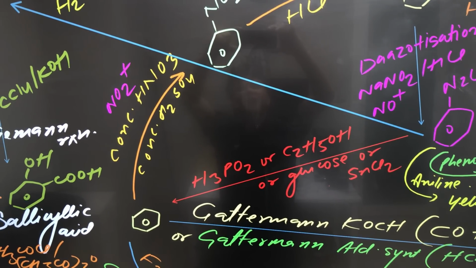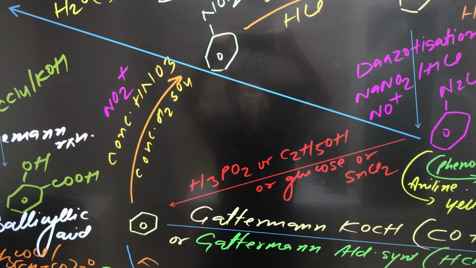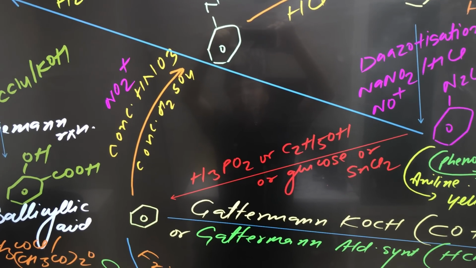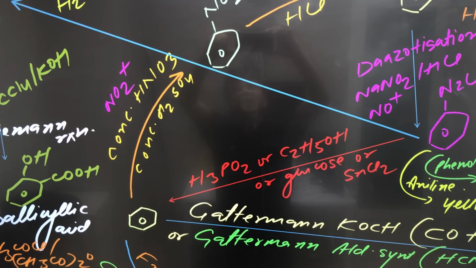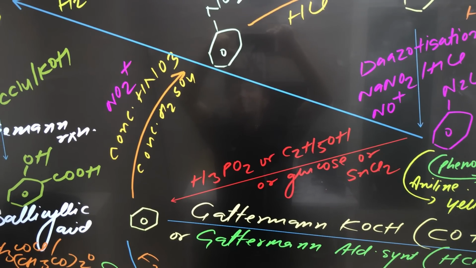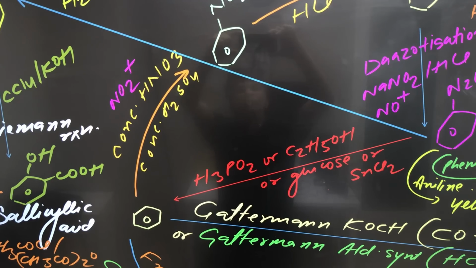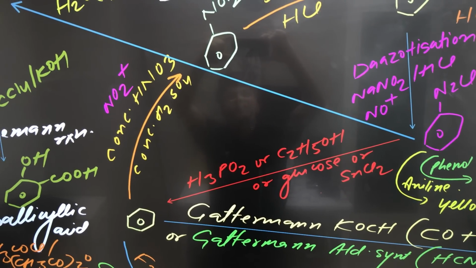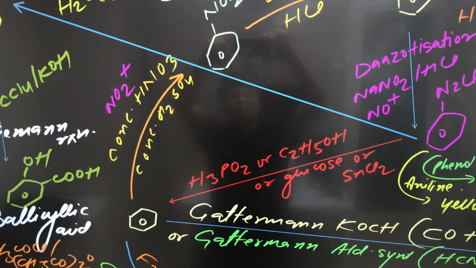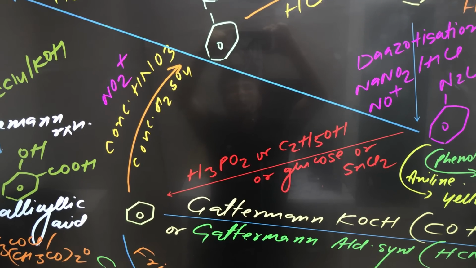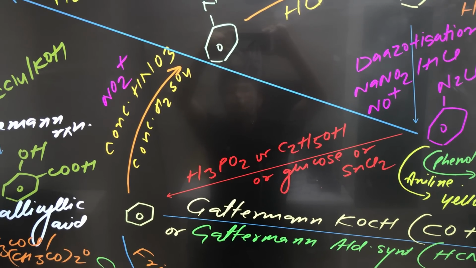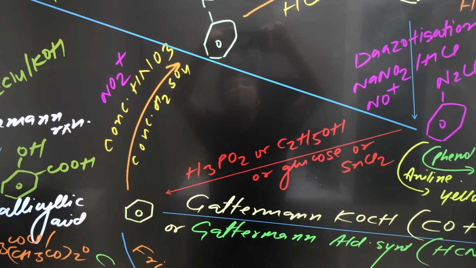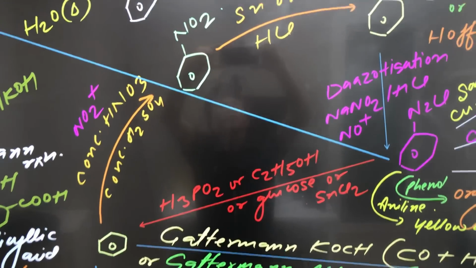Here H2SO4 acts as an acid. Yes, H2SO4 acts as an acid, and HNO3 will act as a base, although both are acids. But in this process, H2SO4 will act as an acid and HNO3, a weak acid, is going to accept the proton which was donated by H2SO4. So it will act as a base, and both together are going to produce nitronium ion, and you will get